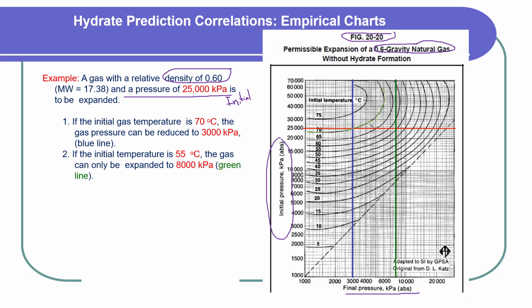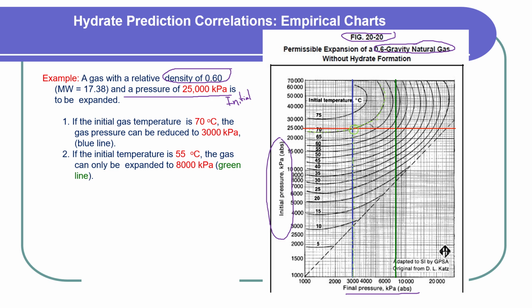Okay, I'm taking the 25,000, which is the red line, so I'm taking the intersection between the two, which is this point, and I'm going to go down all the way to the point where I read what will be the final pressure. So the final pressure will be around 3,000 kilopascal absolute,